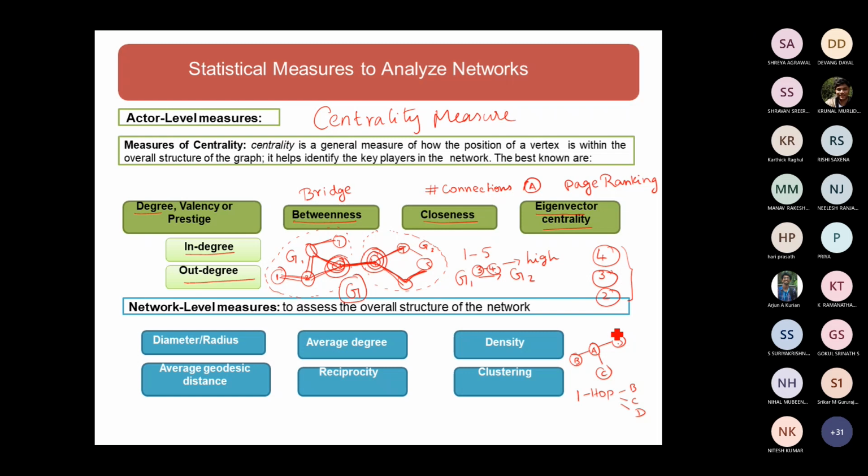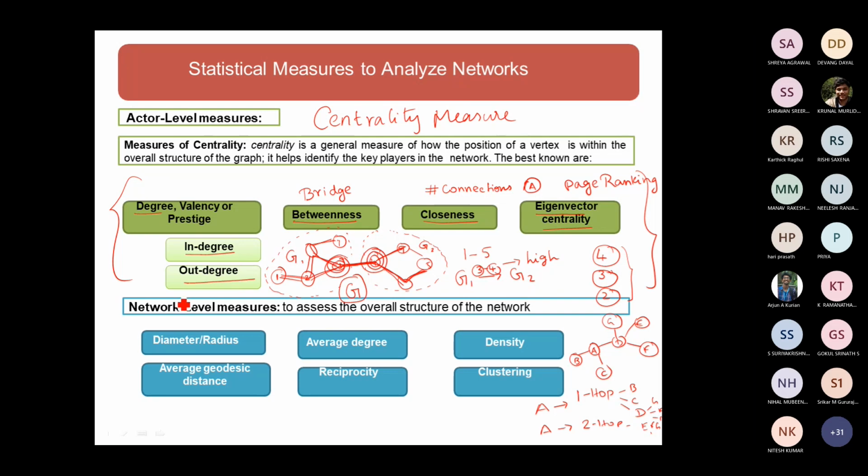What is the second hop connections of A? From the first hop, what are all the nodes which are getting emerged? A, B, C, D, E, F, G. So for node A, the first hop connections are B, C, D. For A, the second hop connections are going to be what? From D, G, E, F. But for D, what is the first hop connection? This is G, E, F. So in this way, we have to calculate the quality, not only the quantity of connections, but also the quality of connections. Okay, so these are the very basic metrics that we have seen.